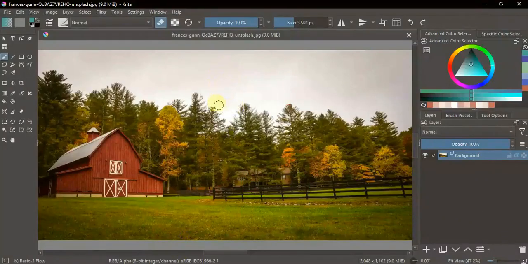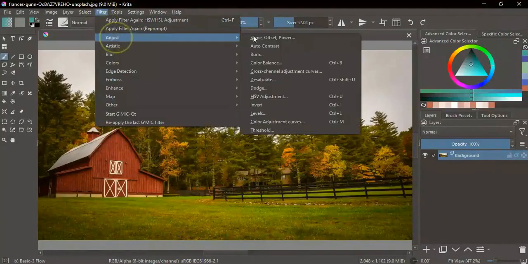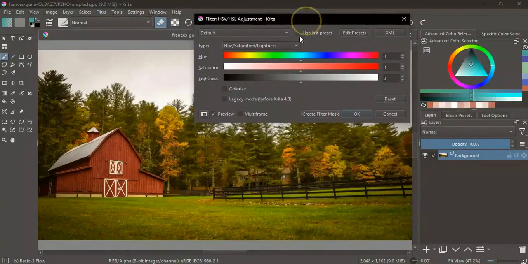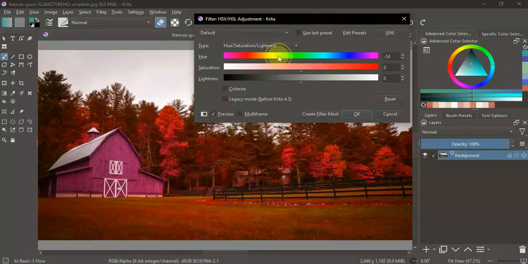First, open Krita on your computer. Once it's open, go to the top menu and click on the Filter option. In the drop-down menu, look for Adjust and then select HSV Adjustment. This will bring up a new window where you can tweak the hue, saturation, and value of your selected layer